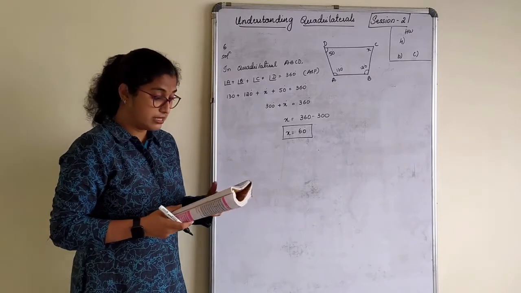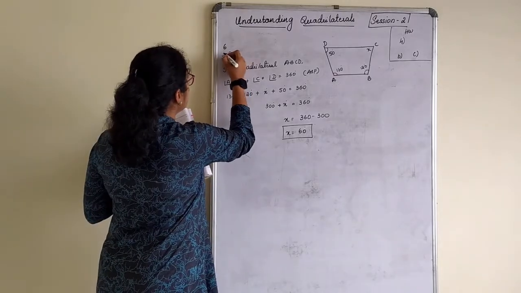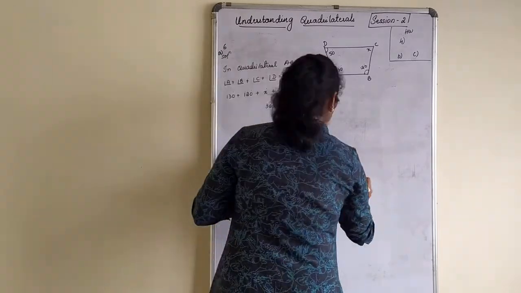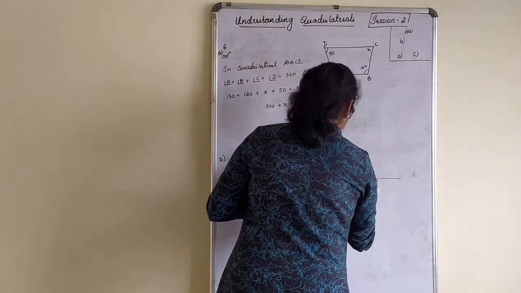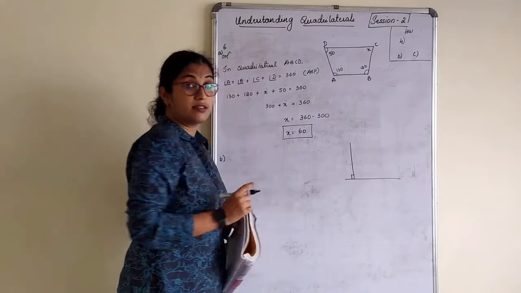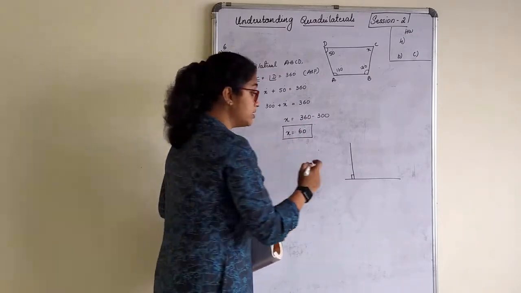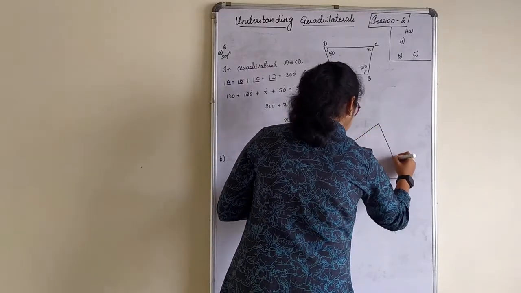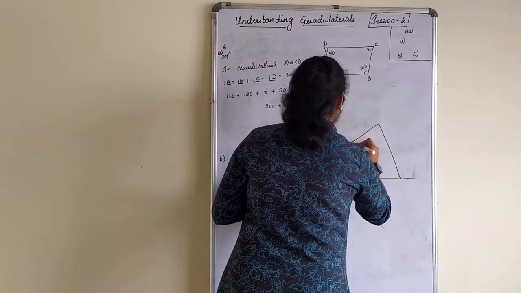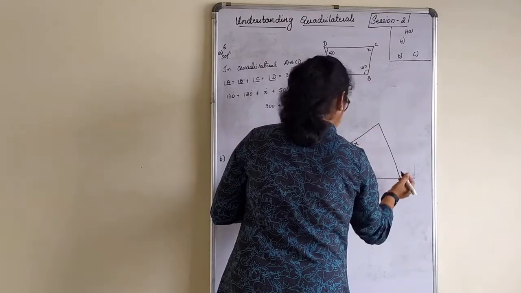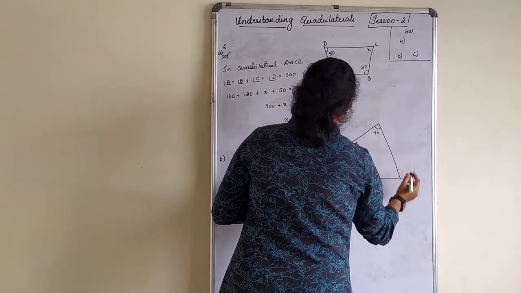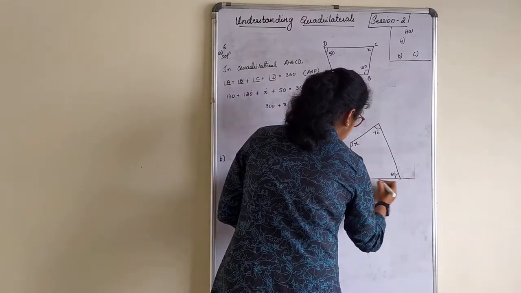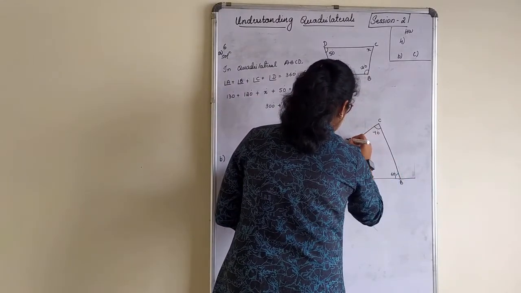Understood how to do this? Yes. We'll quickly start with the next one. So this is your A, and we'll start with B now. Look at the figure, how it is given. This symbol is known as perpendicular, which is understood as 90 degrees. So one angle is 90 degrees here. This is x which we have to find, and this is 70 degrees and this is 60 degrees. Let me name this as A, B, C and D.